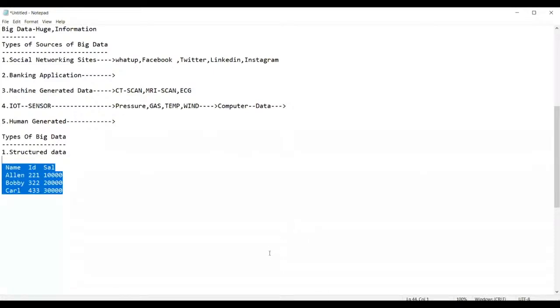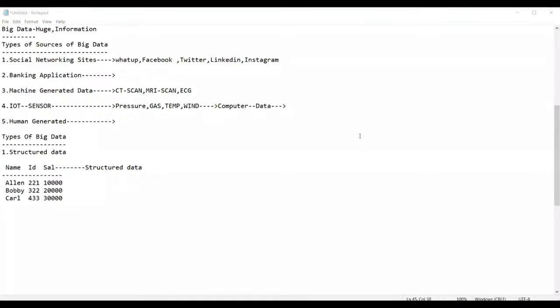Can you see here, guys? This data is in which format? It is in the proper format of rows and columns, or not? These are the rows and these are the columns. This kind of data is proper data, hence it is called structured data. The data which is placed in the proper form of rows and columns is called structured data. Am I right, everyone?